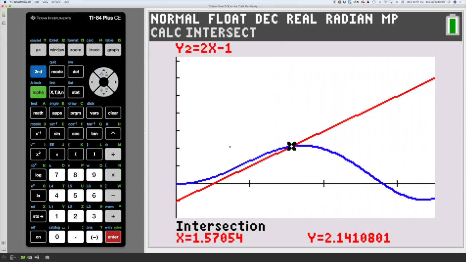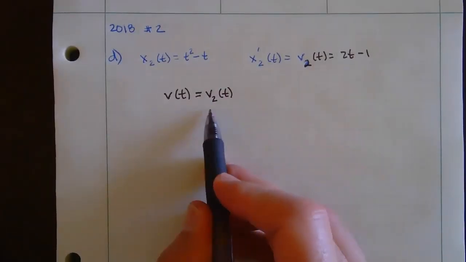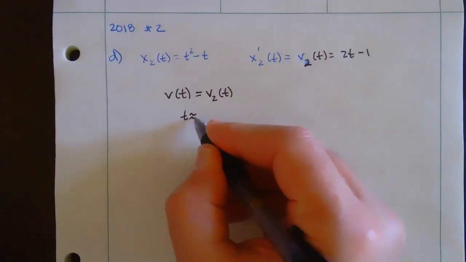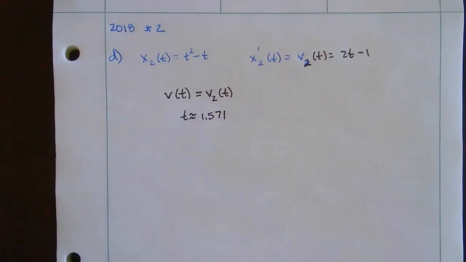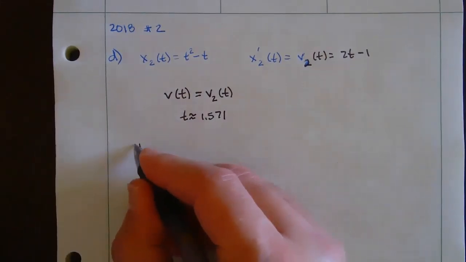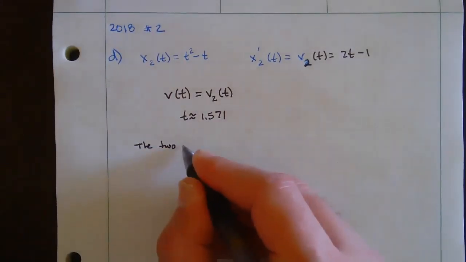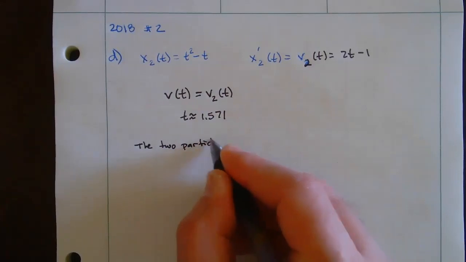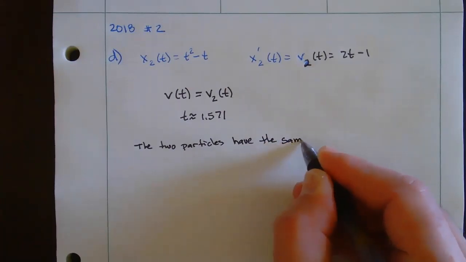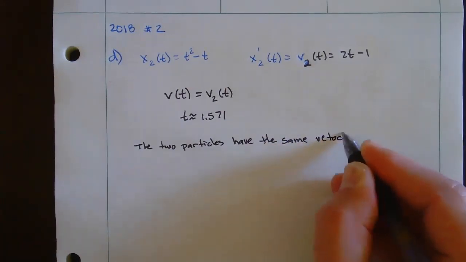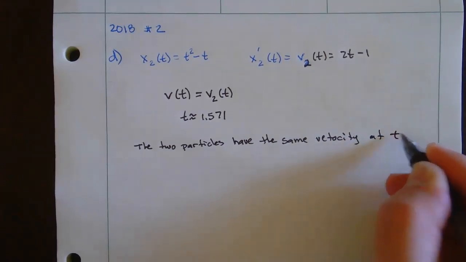So let's go to our paper and let's record this value. So solving this equation that we have right here, t would be approximately 1.571. Okay, so the two particles are moving with the same velocity at time t equals 1.571. The two particles have the same velocity at t is approximately